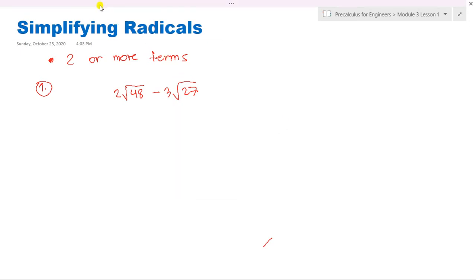Now in our example, kapareho yung index nila here 2 at saka 2 kasi square root, but yung radicand nila 48 and 27 is magkaiba. So we try to simplify this as much as possible so that we can come up with the same radicand. So again, i-rewrite mo yung 48 as a prime factor. So we have here 6 times 8, 48. So you can say 6 is 2 times 3, 8 is 2 cubed, minus 3 times the square root of